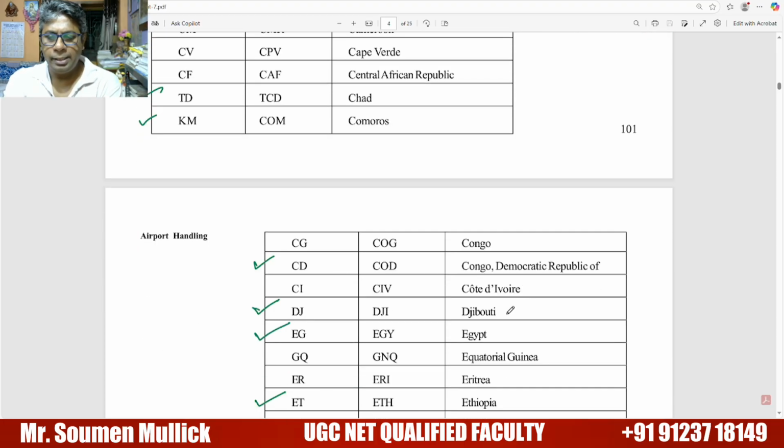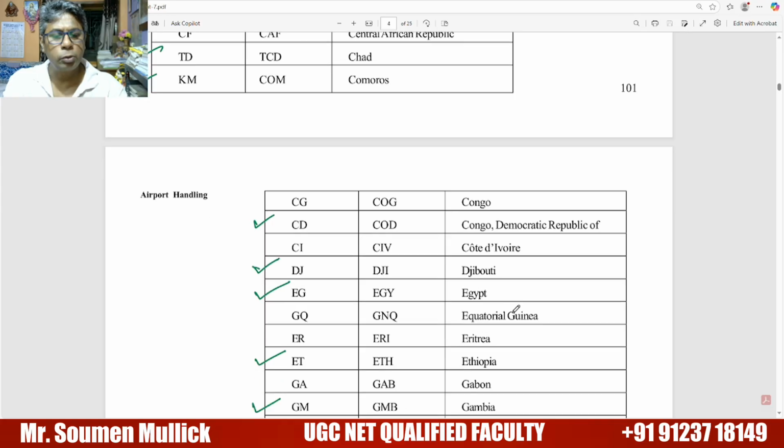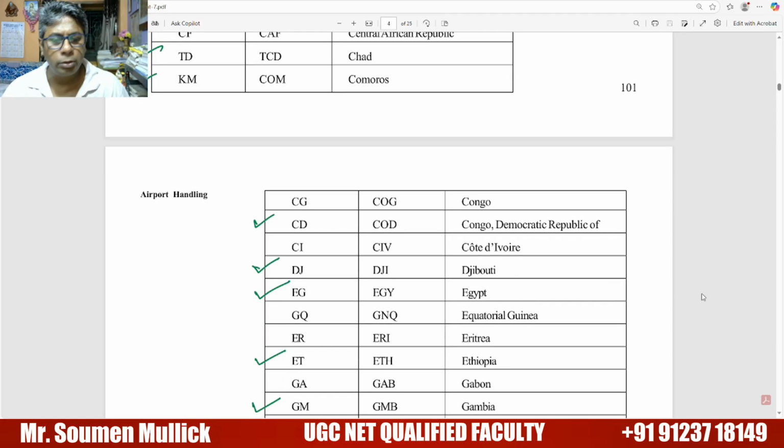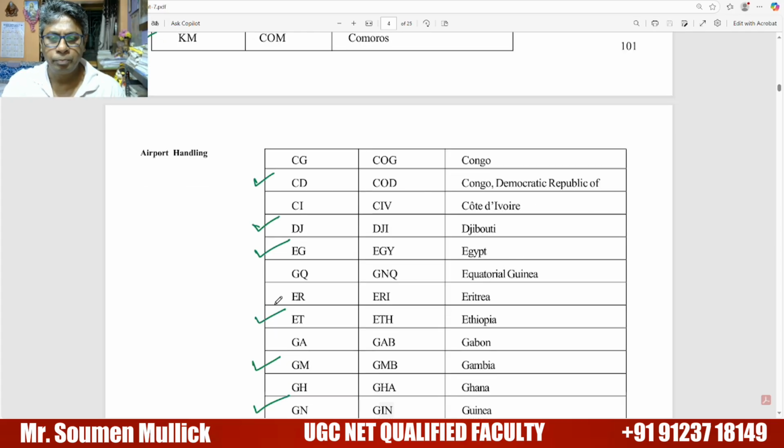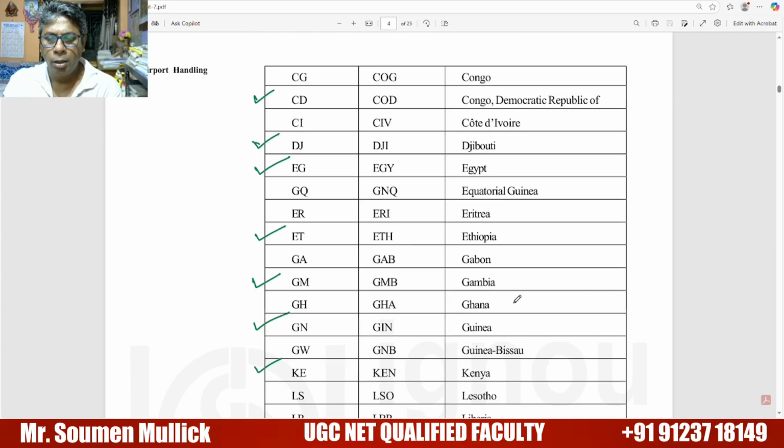Congo CD, Djibouti is very famous. This code we have to remember. This is very important for our exam. Most of the time they ask questions from this area. Egypt EG, Ethiopia ET. Next